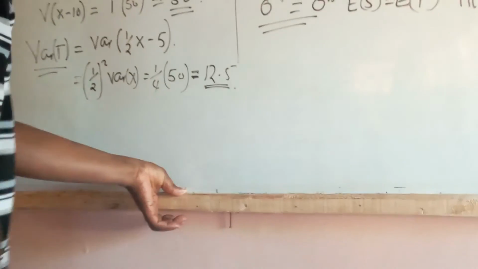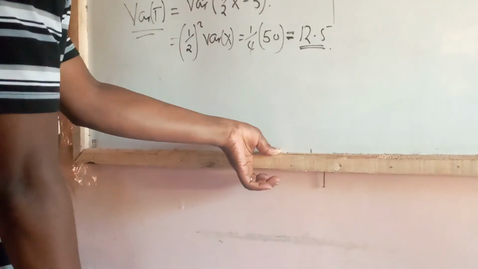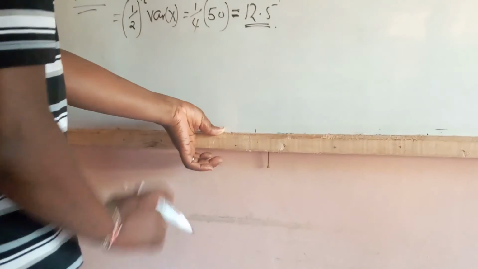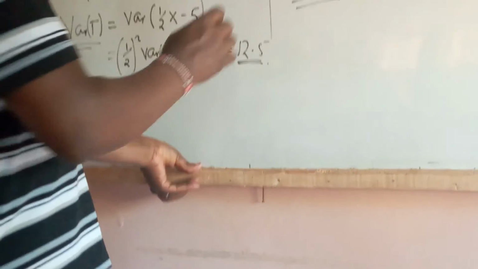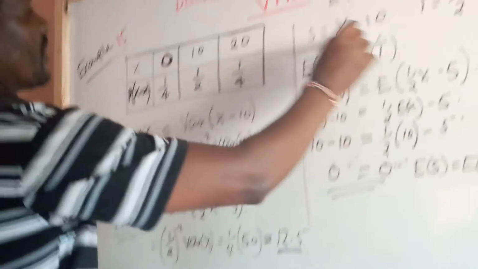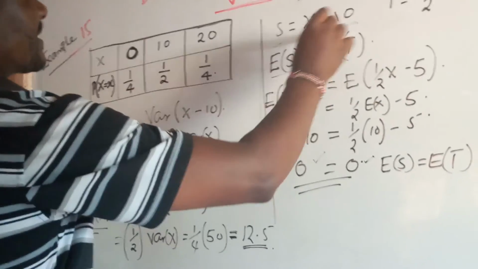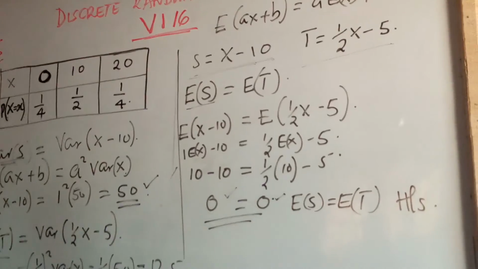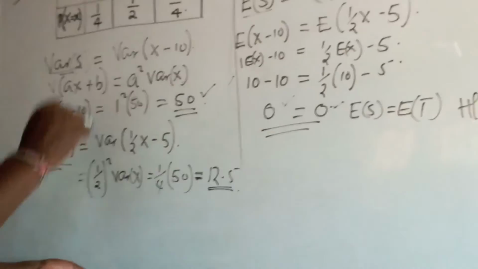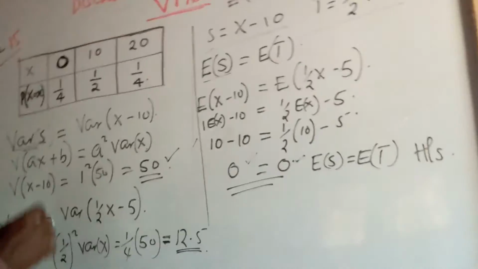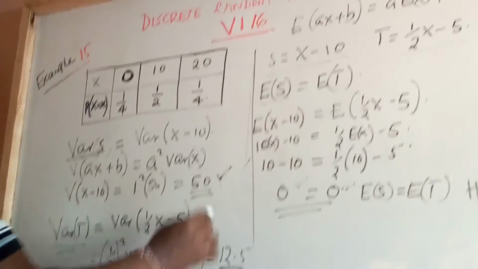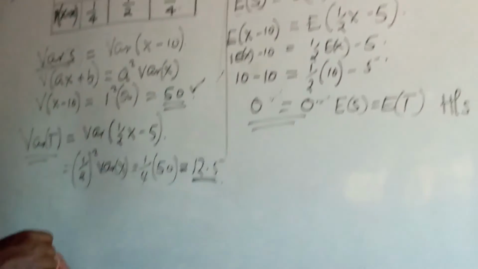But having said that, we can also say the following, that Susan's scores should be more varied than Thomas' score. Susan's score, because Susan is using S, which is 10 x minus 10, and Thomas is using T, which is a half x minus 5. Susan's score should be more varied than the Thomas score. You can already see the variance of S is 50 and the variance of T is far less than 50,